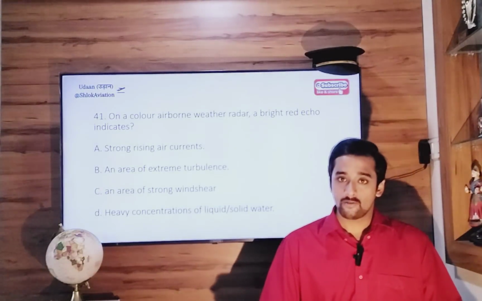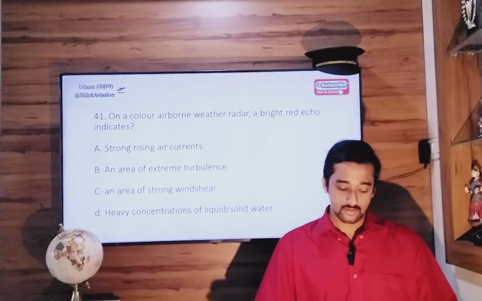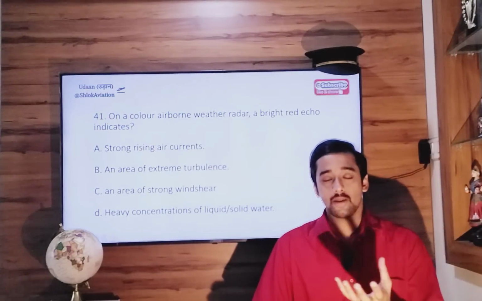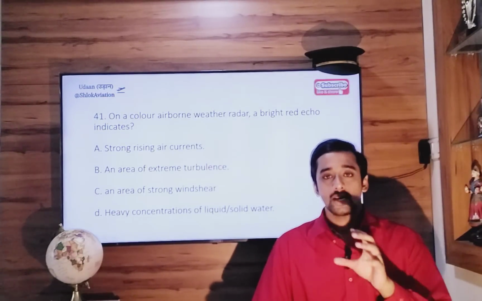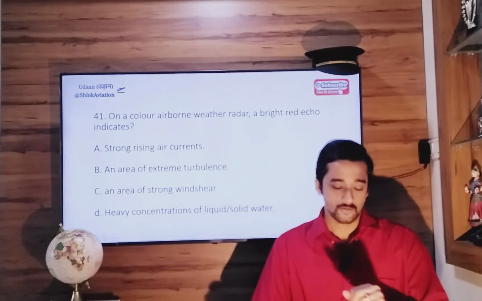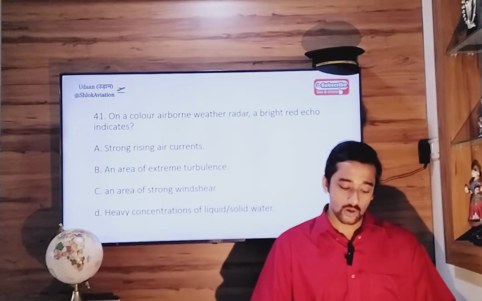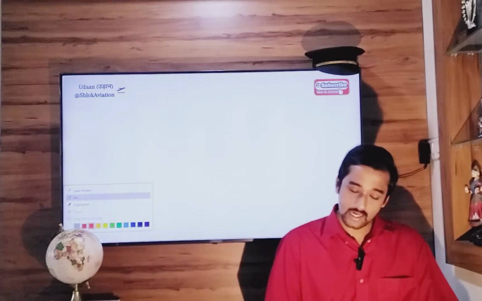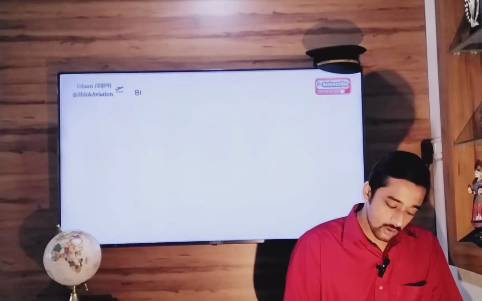On a color airborne weather radar, that means an airborne weather radar which is using colors to depict information or to depict different kinds of returns, a bright red echo indicates what? So remember that there are four colors. The black color is used to indicate